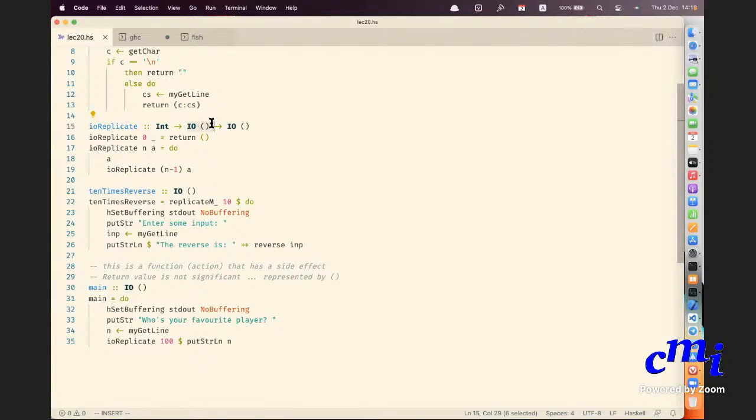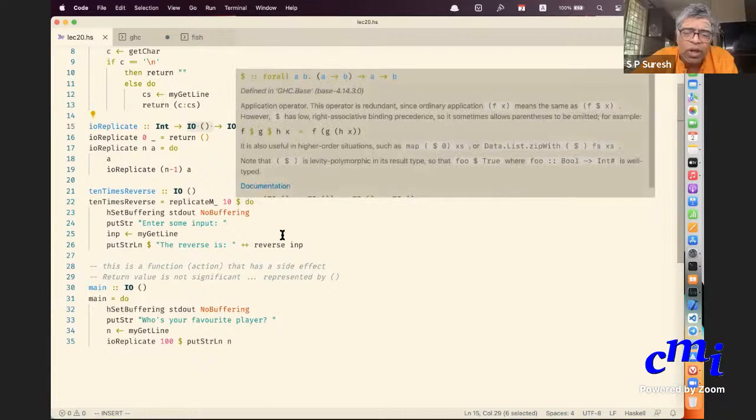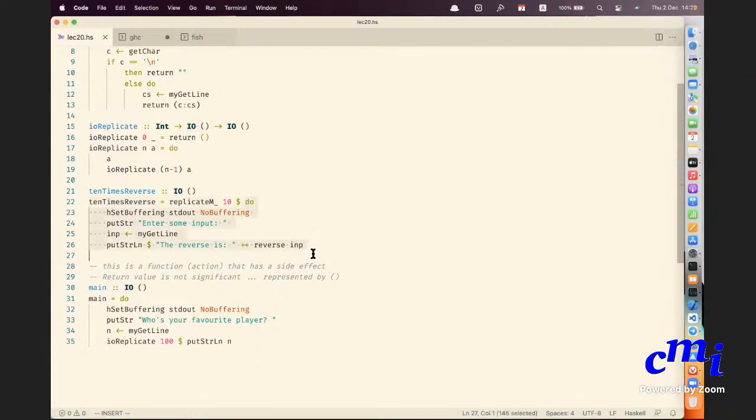Under 10 times replicate, after the do, all the lines after do are, the whole thing is A actually. That is why I put a dollar here, and the whole thing enclosed in do is one action. But usually dollar doesn't go through multiple lines, right?